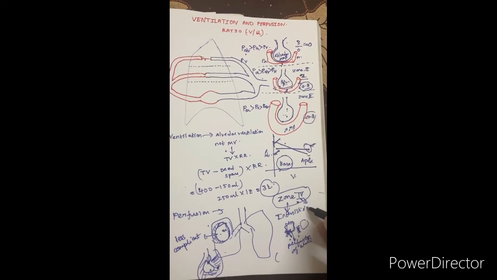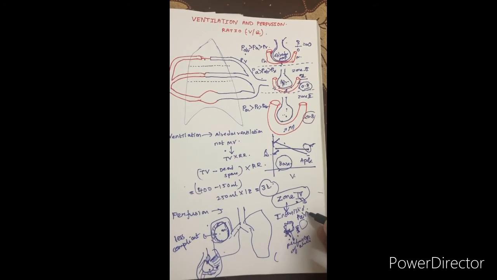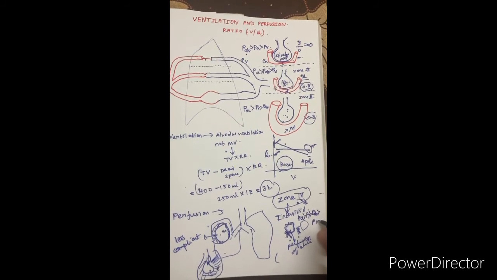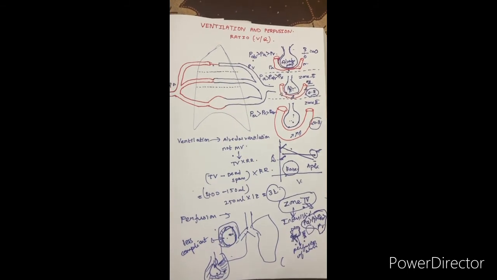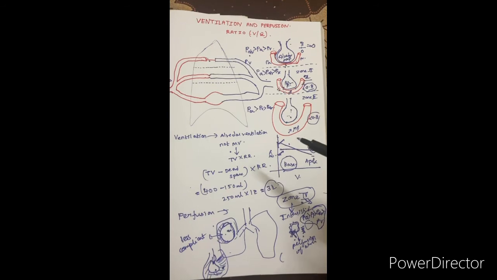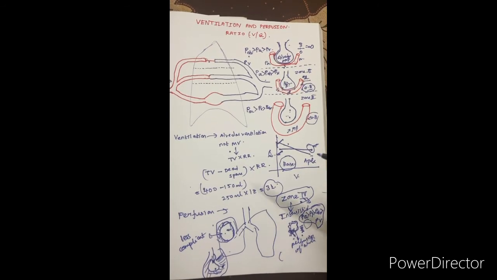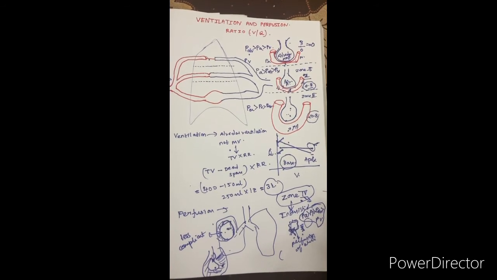Here, what will the pressure relation be? Your pulmonary artery pressure is more than your pulmonary interstitial pressure, which is more than your alveolar pressure, which is more compared to your venous pressure. This is the pressure relation in zone 4. So today we have discussed broadly how the alveolar segments in the different areas, how the pressures relate to that, and the ventilation perfusion according to each area.